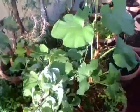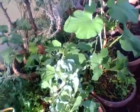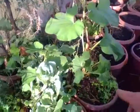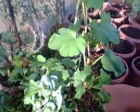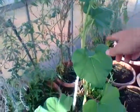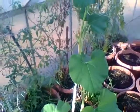And then this guy here, which is another squash. I'm not sure which one. It's probably the Zucalungo again. And this is 2 weeks of growing. So he was just like a little finger 2 weeks ago, and he has grown all the way up here. And I'm training him to go out of the roof, just like on the other side. And he's kind of leaning on this old plant here. So I'm gonna leave the plant,